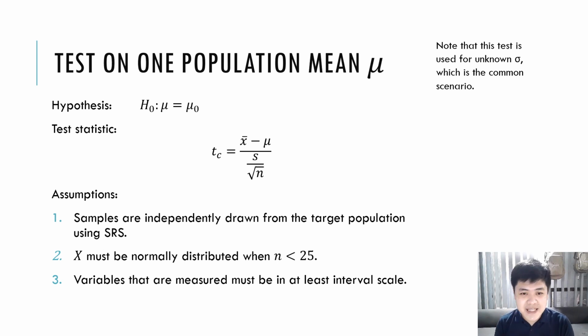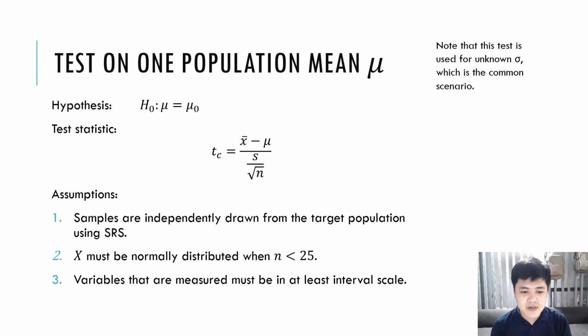And for every test, there will be several underlying assumptions. So you need to satisfy these assumptions before you can proceed with the test. The first one is that samples are independently drawn from the target population using simple random sampling, usually stated in the problem. Number two, your random variable must be normally distributed when n is less than 25, because there will be cases